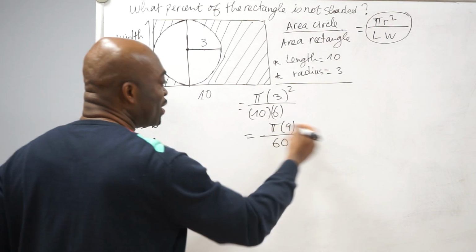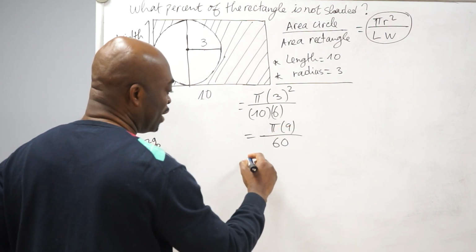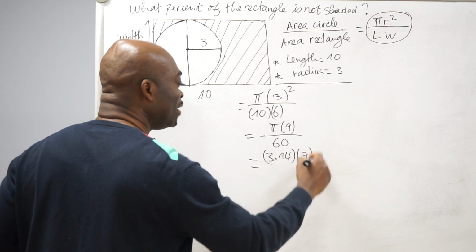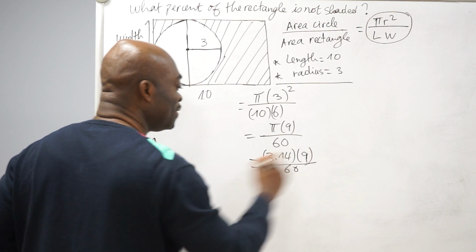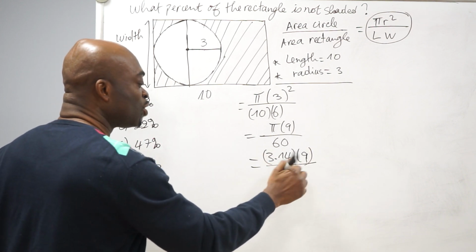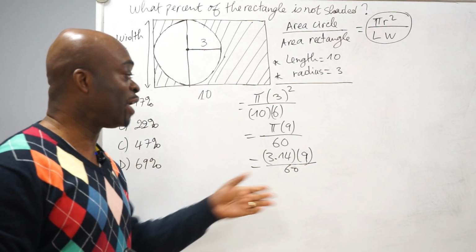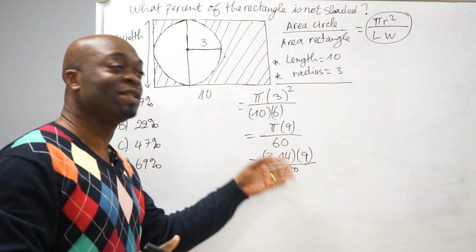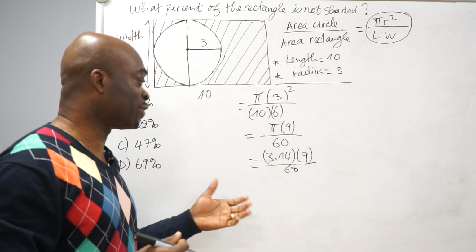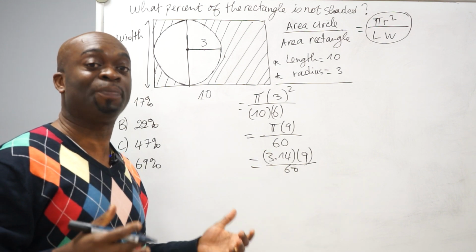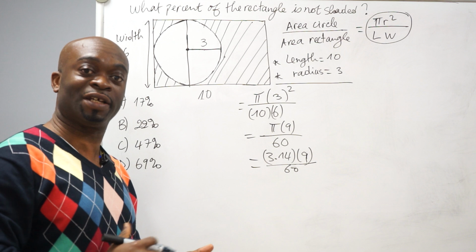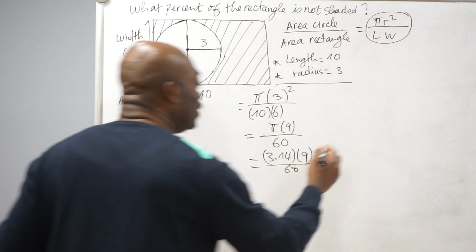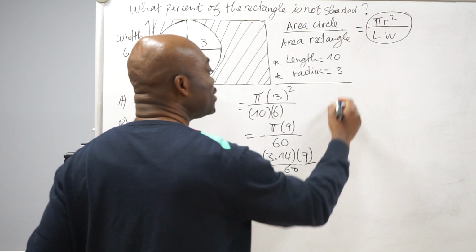So then this one is just the same thing, or you can already replace pi here as well: 3.14 times 9 over 60. Okay? So that's the operation that we have to do. Now you guys can use your calculator for 3.14 times 9 divided by 60. Or, of course, if a calculator is not permitted, you can do this on your sheet, and then you get it done. So now the answer here, ladies and gentlemen, is equal to